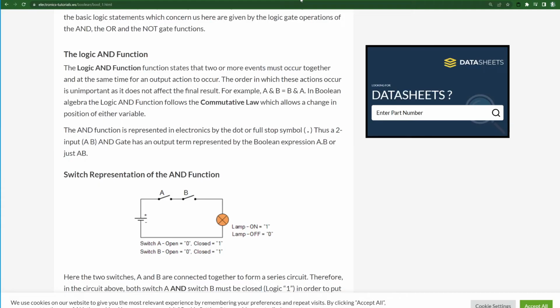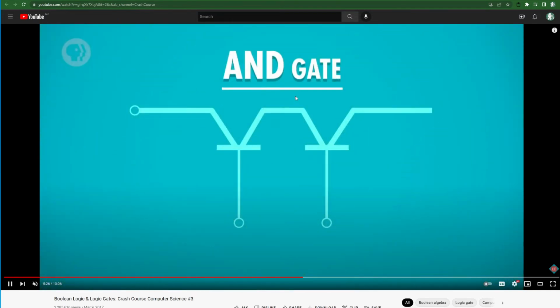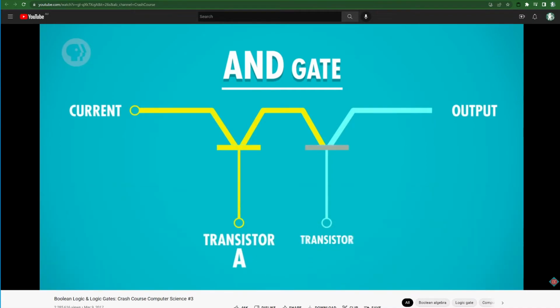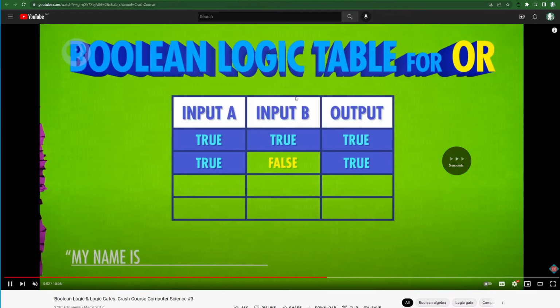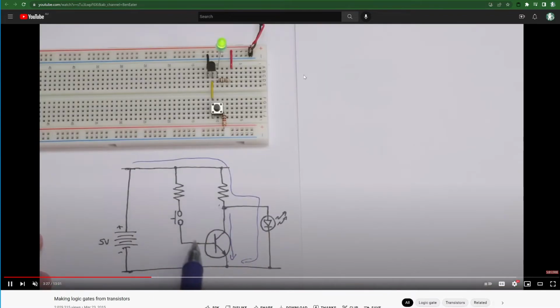So we've just looked at our symbol there for AND, and the idea is that for our AND gate, both switches have to be on, and we can see our transistors that look like upside down picnic tables. If they're both on, then electricity flows. Okay, so we can make an AND gate